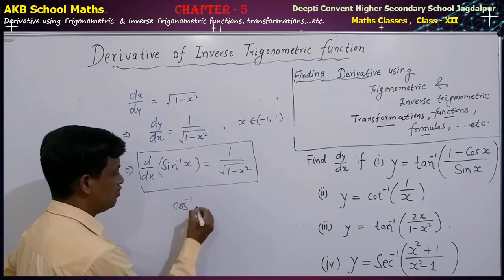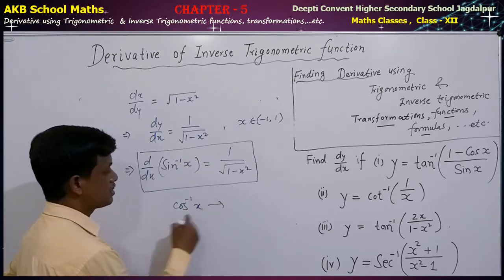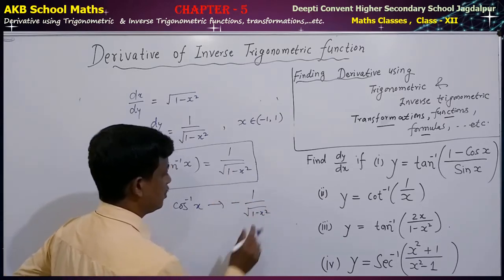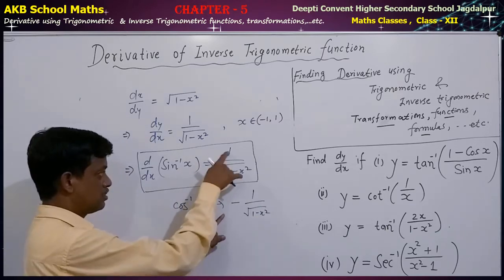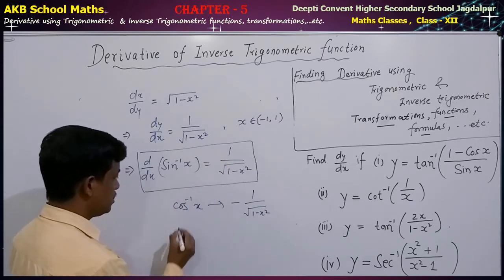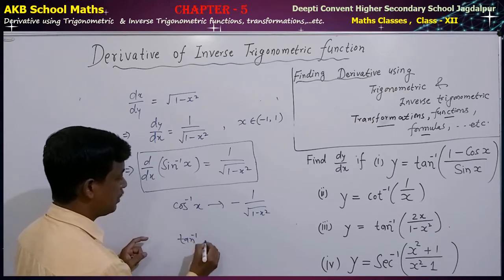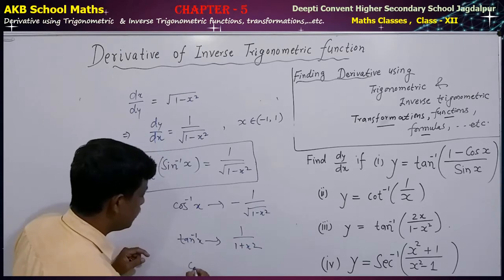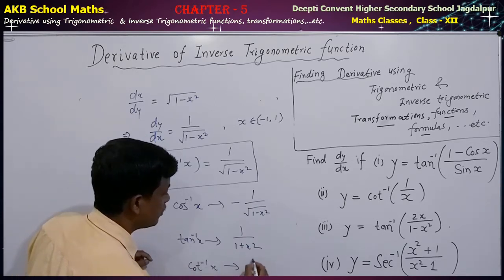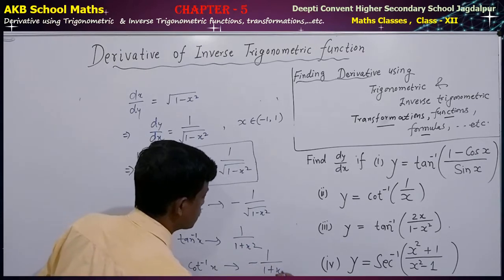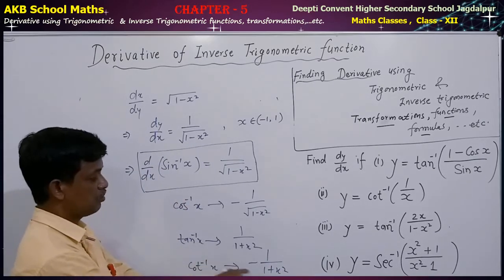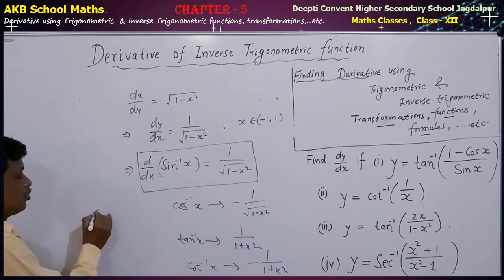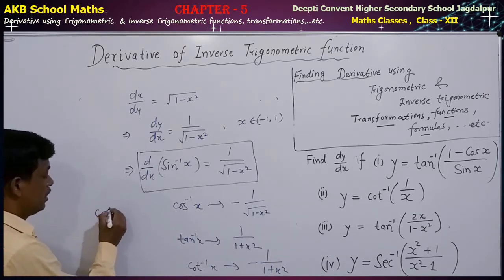Similarly I am describing in a very simple way. For cos inverse it is 1 upon root 1 minus x square. Let's note it down. For sin inverse it is this, for cos inverse a minus sign is applied. Then we can also find tan inverse. Its derivative will be 1 upon 1 plus x square. Then you can also find the derivative of cot inverse x, what? Minus 1 upon 1 plus x square. Only the minus sign. In tan this is the case, in cot there is a minus here; in sin this is the case, in cos there is a minus here. Similarly cosec inverse and sec inverse.